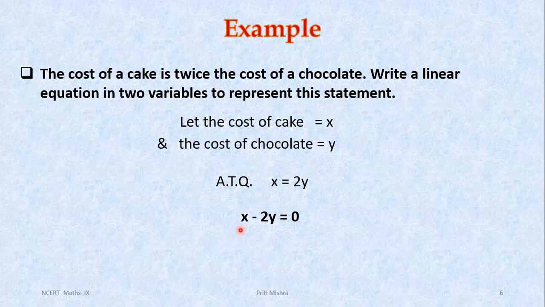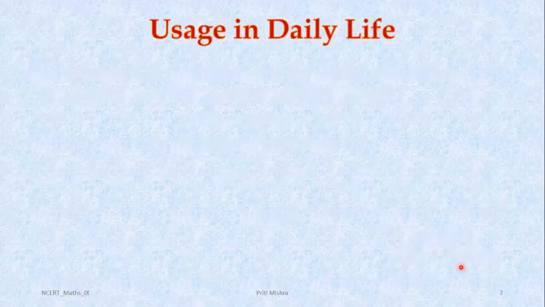So we can write it like X minus 2Y is equal to 0. And this is here in the form of AX plus BY plus C equals 0, which is a linear equation in two variables. Now, if we are having an equation in one variable, like y is equal to minus 2, then we can write it in terms of a two variable equation, just like this, by writing 0 into x plus 1 into y plus 2 is equal to 0. So this is a linear equation in two variables. So you are able to write any equation available in one variable in terms of two variables, right?